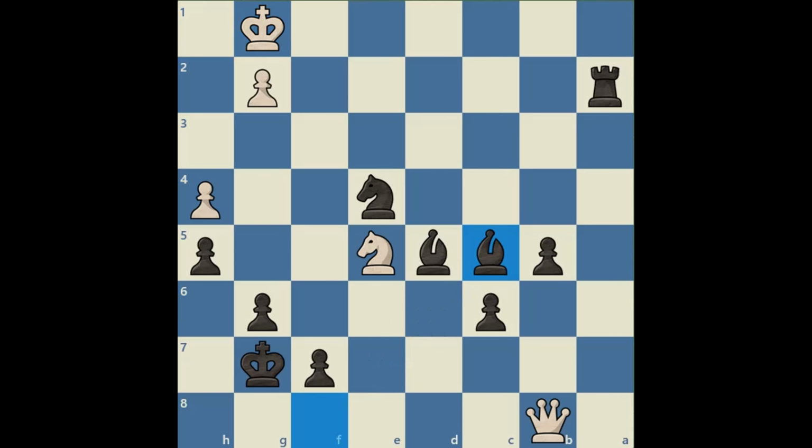Bishop c5 check. King f1. King h2 would have fallen for the pin I just mentioned. Fischer actually has a mate in 5 here. Knight g3 check. Rook f2 check would have also worked. From here, all the moves will be completely forced. King e1, bishop b4 check, and actually rook e2 check or bishop b3 would have made it even faster, but